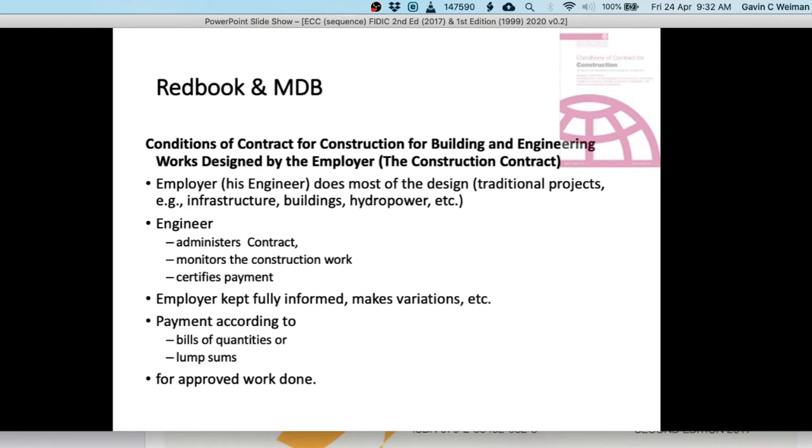Some of these contract administrative functions would be to give various forms of notices. A very critical one would be a notice fixing a date for the timing of the contract, the so-called commencement